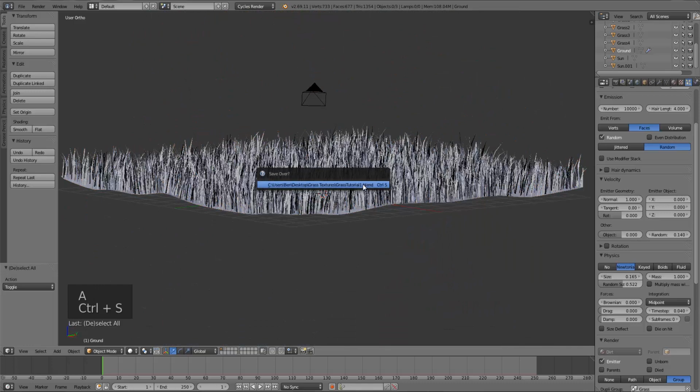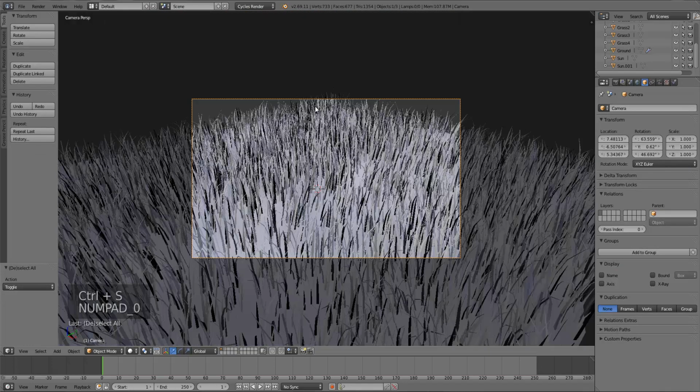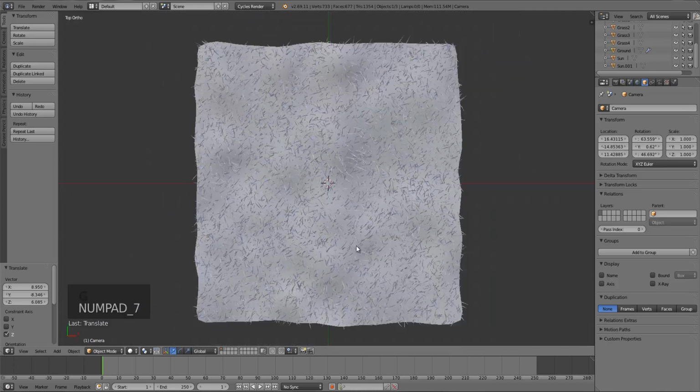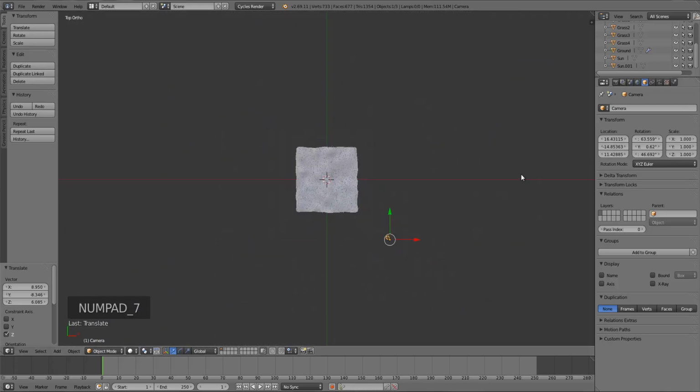Okay, so that looks pretty good. I'm going to try to position my camera now, just to see if I can sort of... And we want to move the camera. Remember, our sun lamp is off to the right here. We want to move the camera so that it kind of captures the translucency